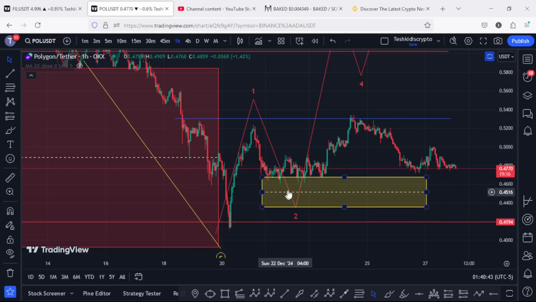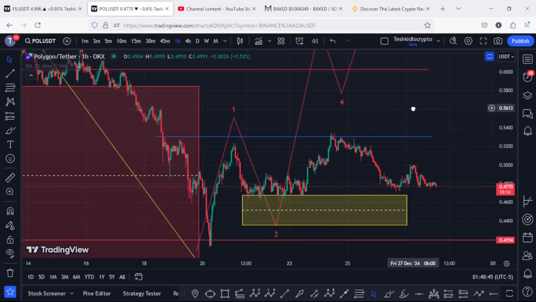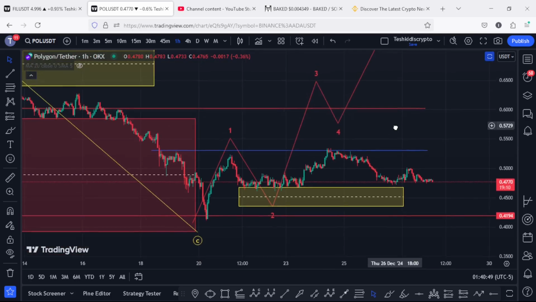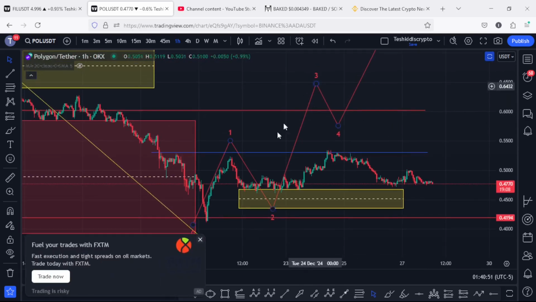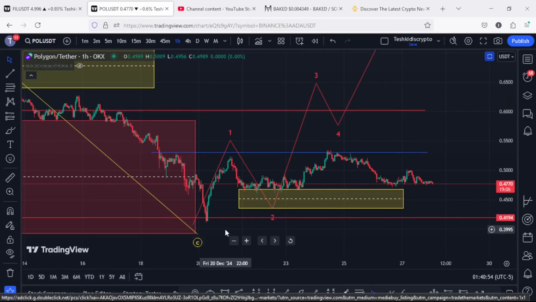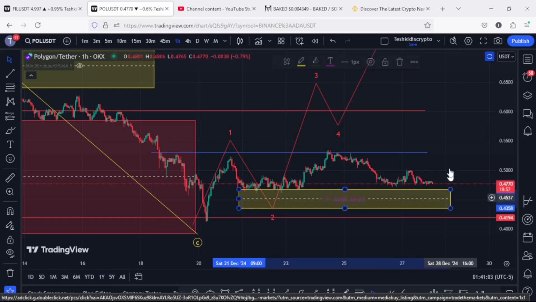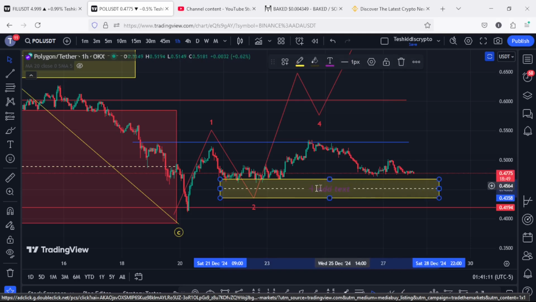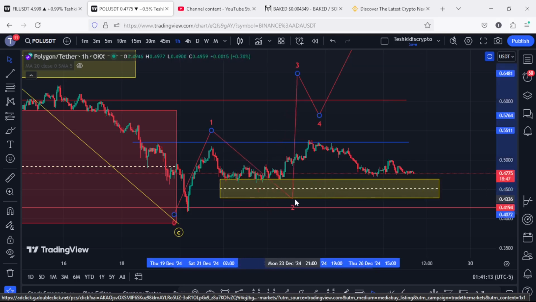an area that we didn't quite fully maximize, though at some point we saw a bit of a bounce to the upside. And I had said to you in my previous videos that that could be the start of an impulsive movement to the upside in the formation of this wave 3. But from the price action we can see over here, these movements to the upside are not impulsive, and that is suggesting that there are high chances that in the next coming hours we can easily get one more breakdown move, fully maximizing our yellow target area over here,